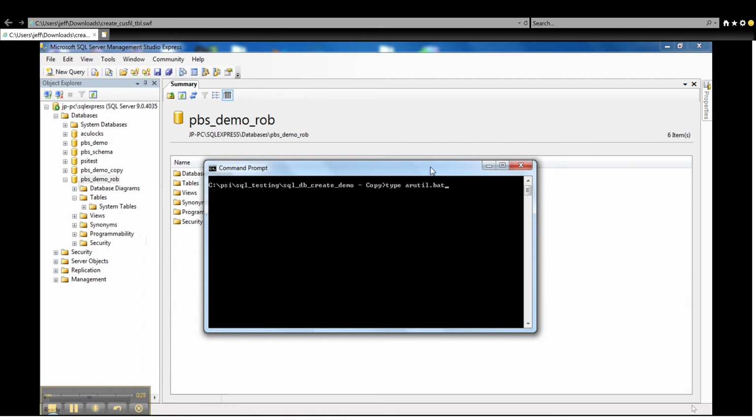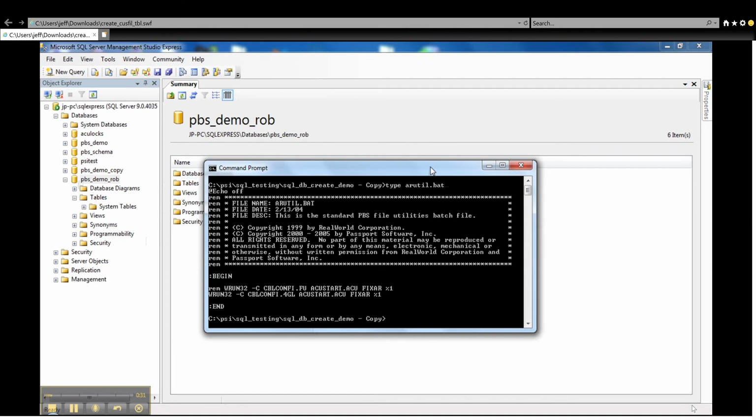I'm here in a command prompt. And the very first thing we need to do is make sure that all the startup batch files have the COBOL configuration file .4GL that I sent you in the command line itself. So, I've commented this out here. This used to be cblconfig.fu. This now should be cblconfig.4gl. Okay, let's go take a look at that